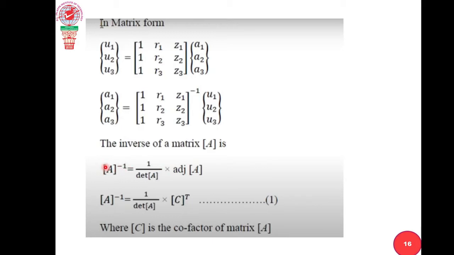Now here, to do that, you require the very fundamental things of matrix operation. Till now we have seen only 2 cross 2 matrix, but now a 3 cross 3 matrix is there. To find the adjoint, how to do that? Can you tell me how to find the adjoint of a matrix? Can anyone tell me?